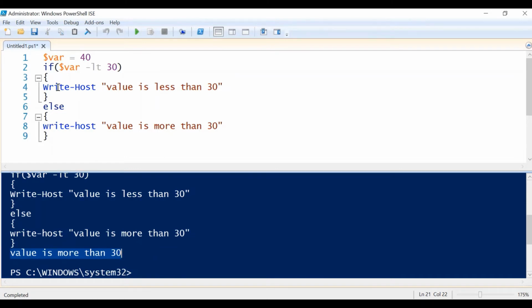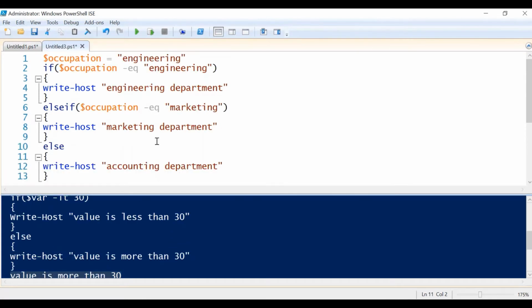Sometimes we have multiple conditions to check. At that time we need to use multiple else if blocks. So here is an example for that scenario. I have created one variable named occupation and its value is engineering.